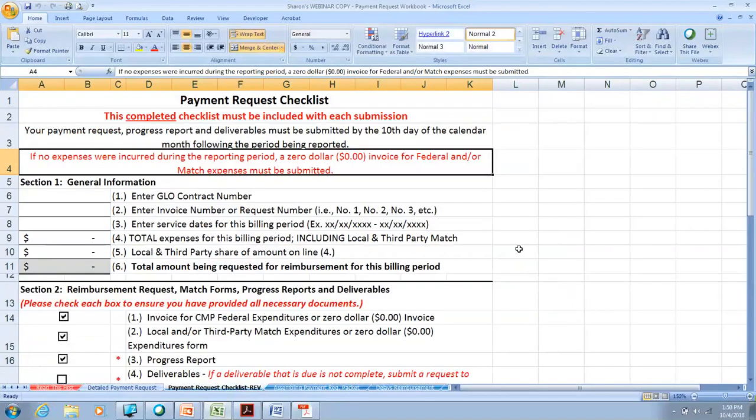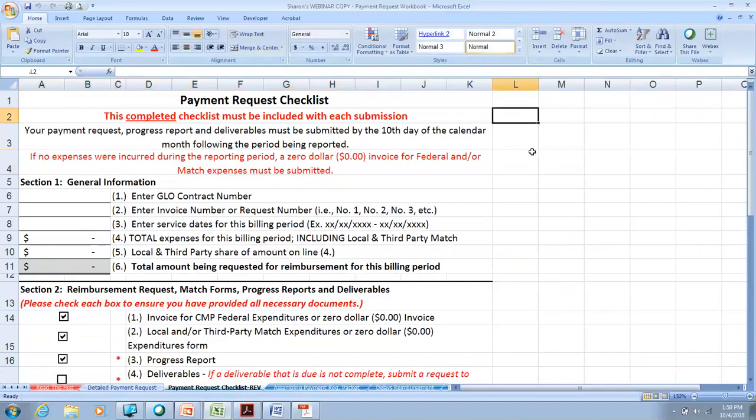The tab named Payment Request Checklist is going to have a checklist on it that you need to now fill out and turn in with each submission. It gives you just a little roadmap to follow as you're putting your payment packet together. In line 1 here, you're going to put in your GLO contract number,